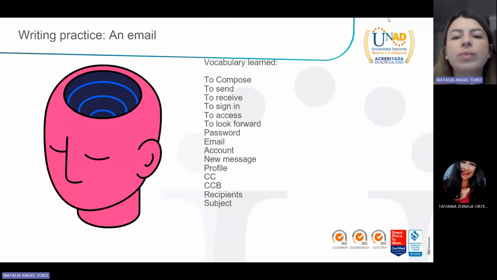So, which word were? So, first one, compose. Compose is a way to write a new message. Compose. To send an email, to send an information, to receive an email, to receive an information, to receive documents. To sign in is the same that to access, to enter, to sign in